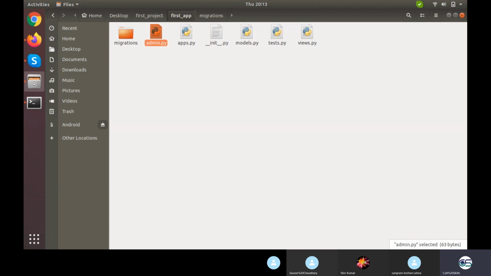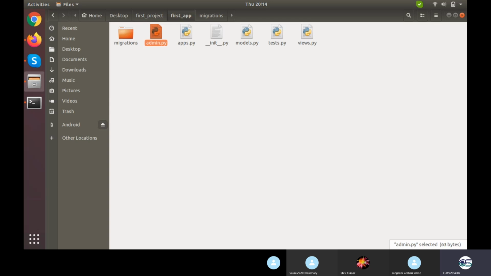So this admin.py will take care of the admin panel related stuff for this particular app. Then next thing is about apps.py. So apps.py is something which we'll not be going to use in the near future, in the beginning as well. But this file will be talking about different apps and their correlation. So this thing makes the app a kind of a plugin feature which you can use for different projects in a while. Then there is something like init.py, which is simple enough as a module. So this is nothing different than a module.